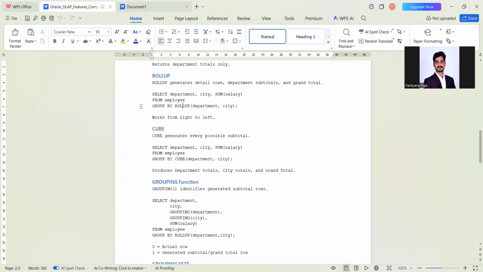Roll up will give only the hierarchy level subtotal and grand total. If you give cube, it will give every possible combination. Okay, that is the main difference between roll up and cube. Grouping. So